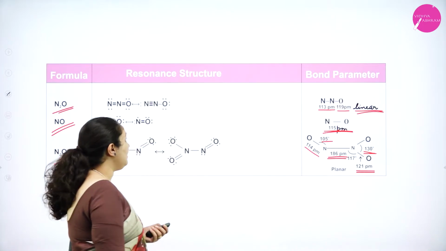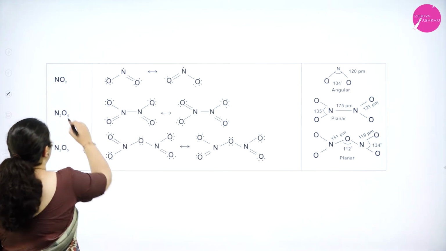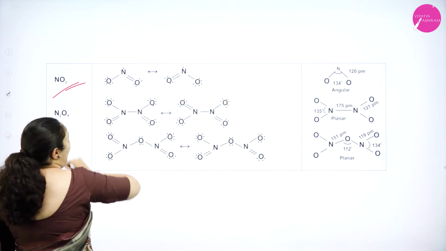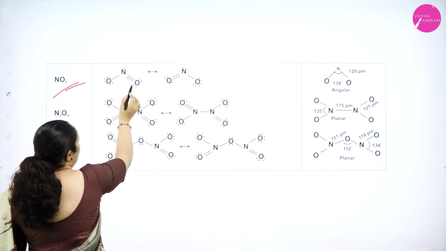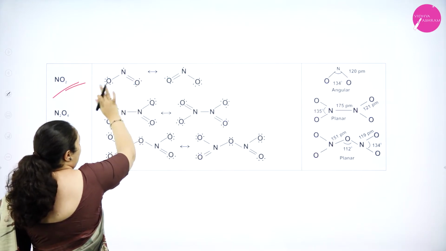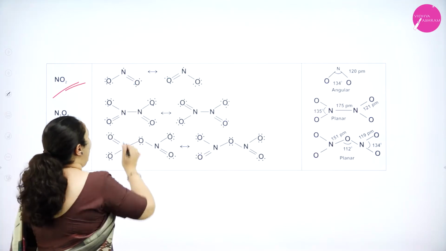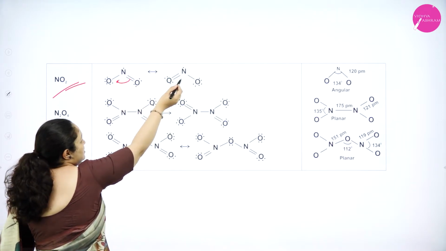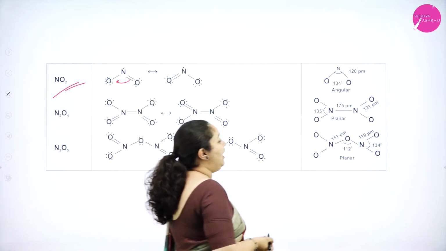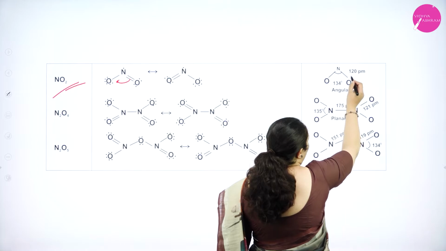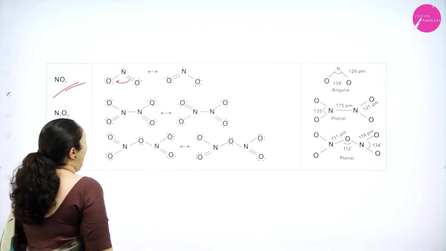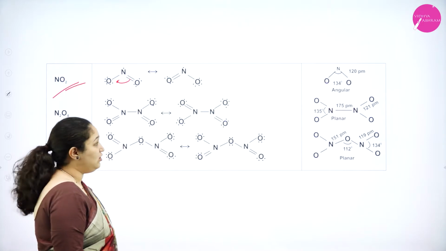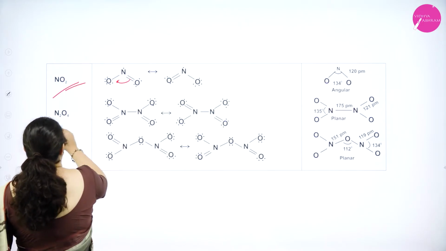Okay. Next one is NO2, where you have learnt how to write this in your first year. Nitrogen and oxygen, with one oxygen a double bond, with the other we have shown a single bond, and this is moving to another oxygen, you will get the resonating structure. Angle is 134 degree and the bond length is 120 picometer. Okay, it's an angular structure, or the bent structure it has got.